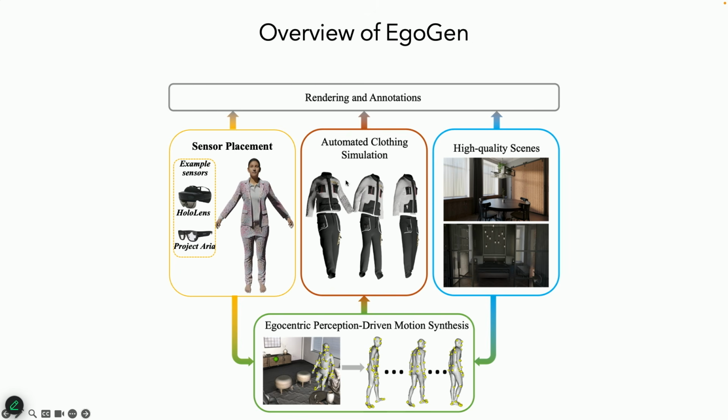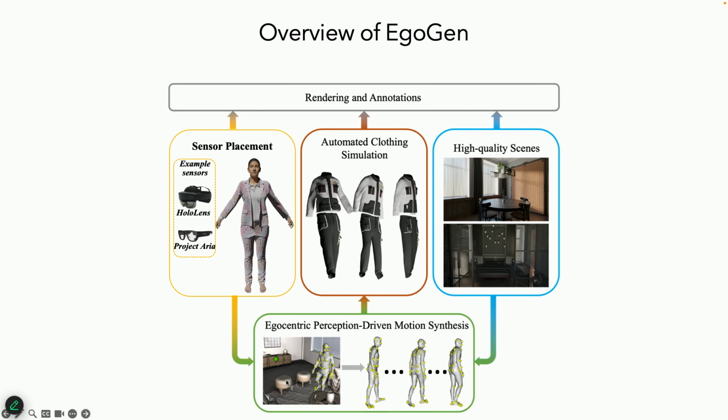And we also develop an automatic clothing simulation pipeline to put clothes on the SMPL body. So it's not technically novel here. It's just some speed up on the existing work so that we can have realistic human clothes when humans move in the environment. And we also use some high quality assets, but this can be replaced by application specific scenarios,